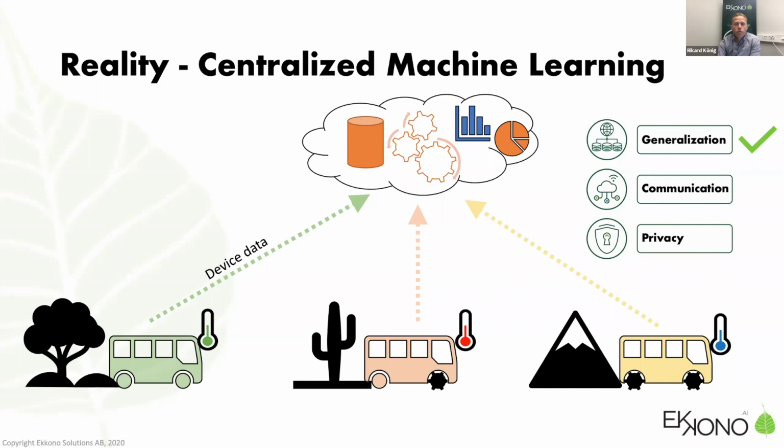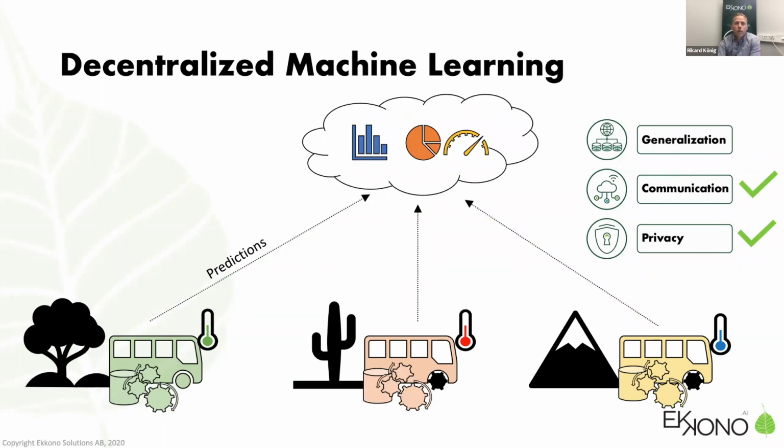One approach for this is, of course, decentralized machine learning, which we here at Ekkono are working a lot with. The idea here is that instead of doing the calculations in the cloud, we do the machine learning at the edge, on the devices. Of course, this is a harder problem since you have much more limited hardware. But at the same time, the machine learning task of learning a model for each device becomes simpler by divide and conquer. Now you don't need to explain how this device differs from that device, their configuration and the environment. So it becomes easier.